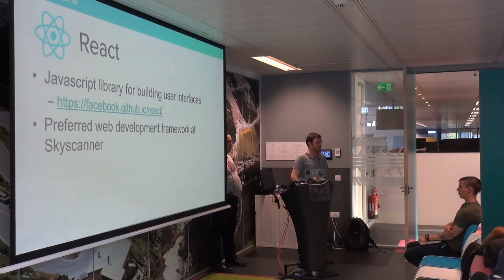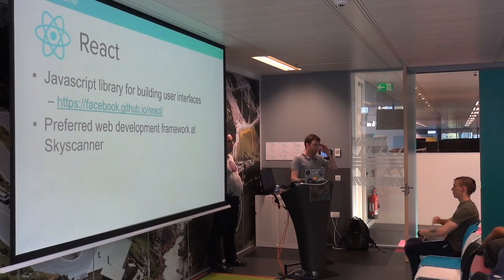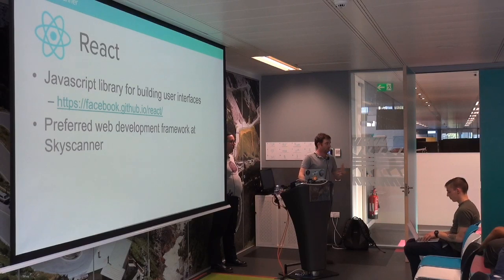I'm sure a lot of you know, but it's the preferred web development framework here at Skyscanner. Some people did some research, weighed up Angular and a load of other options, and came back and said, we've tried all of them, we've researched all of them, React is the one that we're going to support. What that realistically means is that React will be available on the Skyscanner webpage, from the client side, from the user's browser, and there is a lot of ecosystem now around